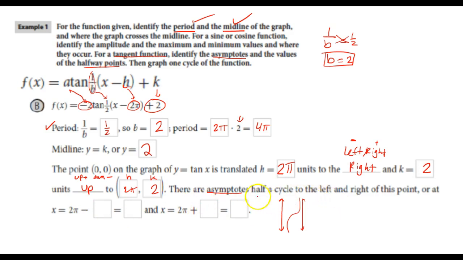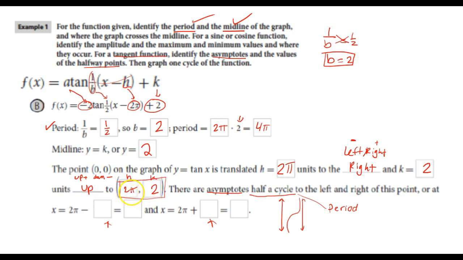Well, since they said it's half a cycle and our whole period, as we found, 2 pi minus something, and it's going to be the same thing, whatever we put here and here, so that way we can find our asymptotes. So since we found our starting point to be 2 pi, just like we see here,